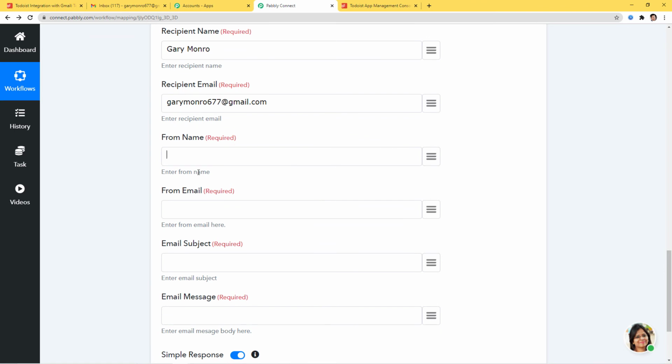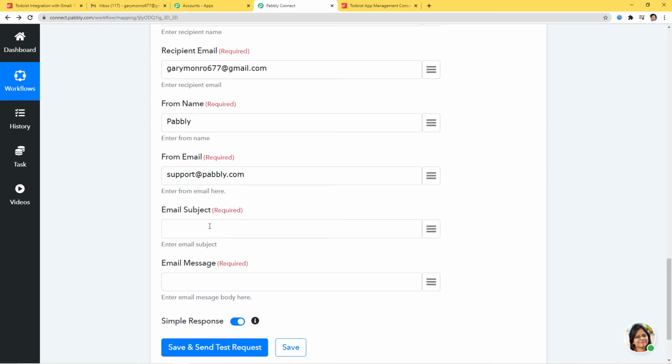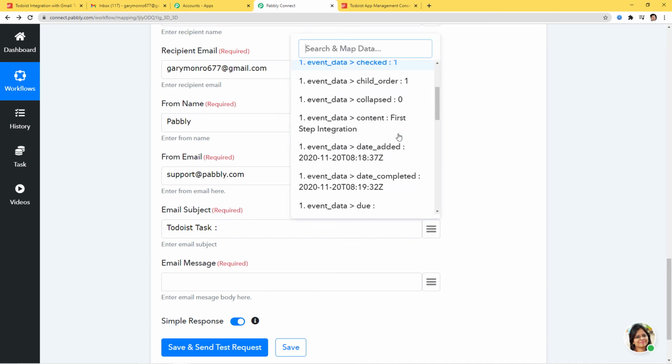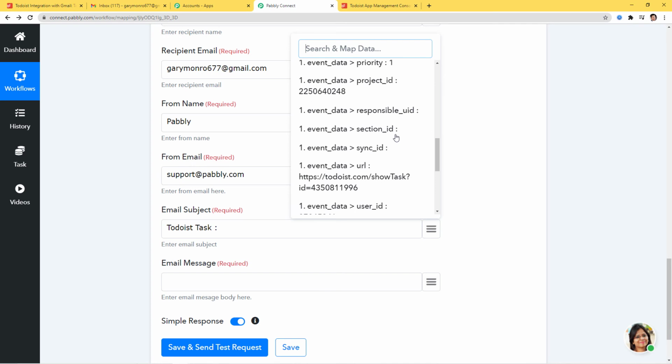Okay, so from name, Pabbly, from email, support@pabbly.com. Okay, so in email subject, I am going to write Todoist task and I'll just map item completed, this one.